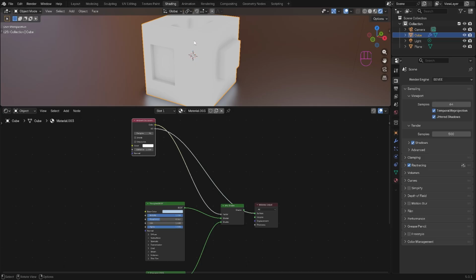But we want to flip this and have the node darken convex edges instead. To do this, tick the box by Inside. And the edges are now darkened. We can decrease the distance to sharpen the edge map and make it smaller. I will set the distance to 0.1.